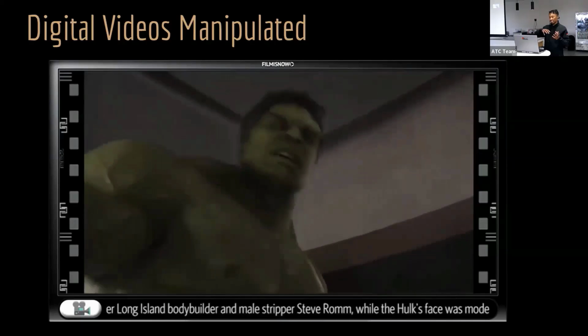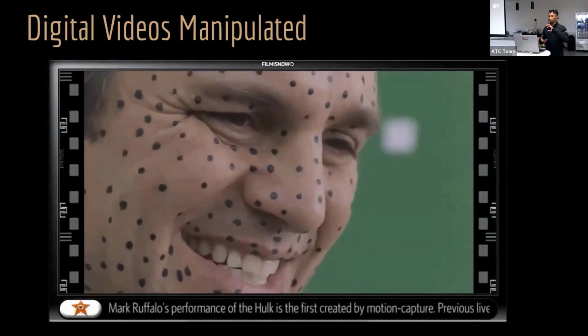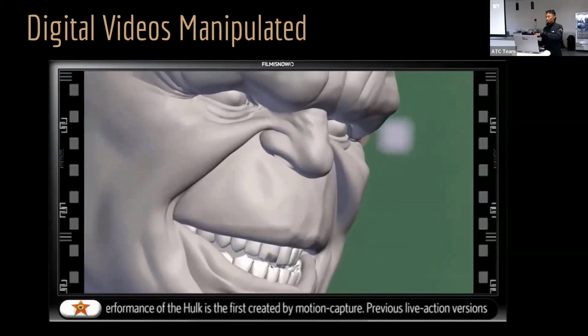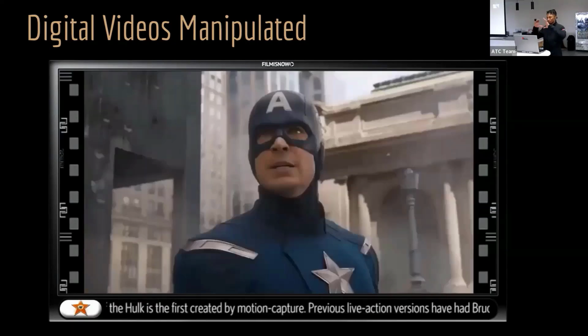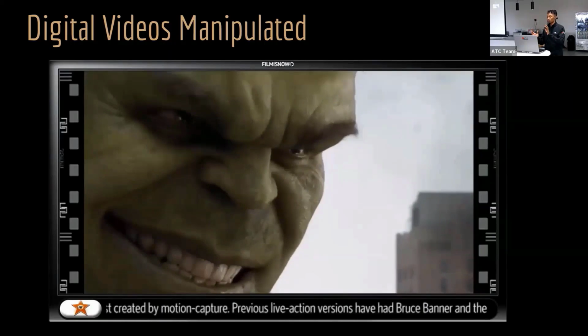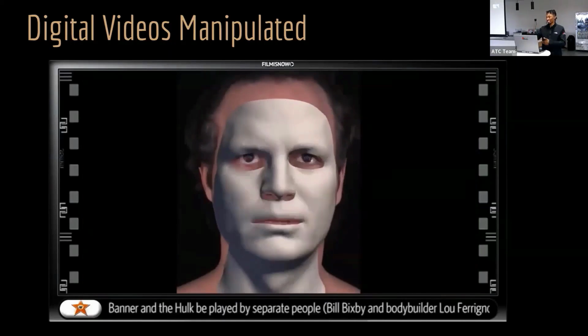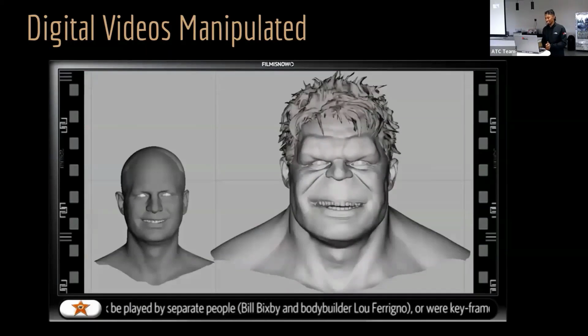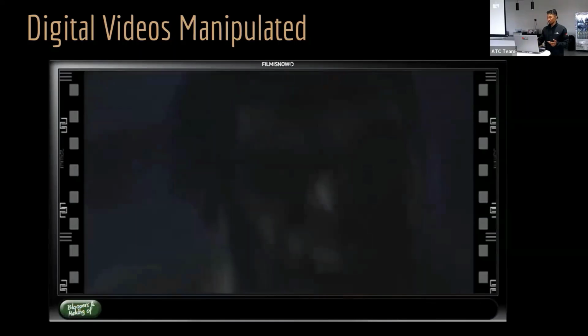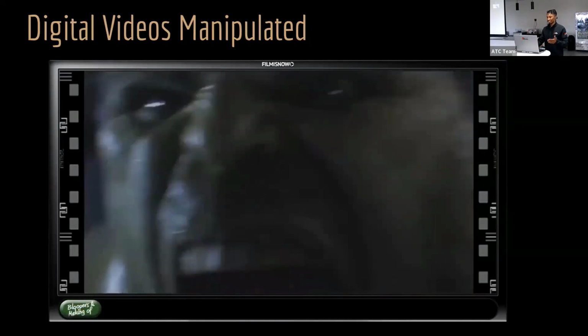What was recorded from there would have to be translated onto a model, which would then be blended using video editing software into what you now know as Hulk. And yeah, that's what they had to go through in digital videos.